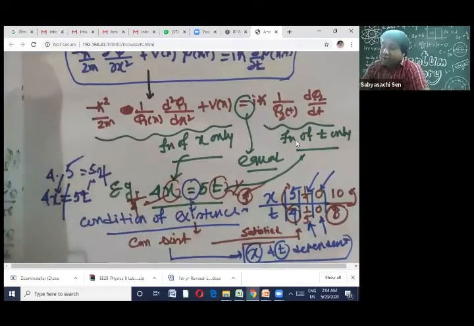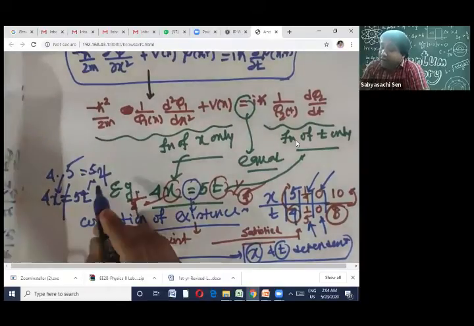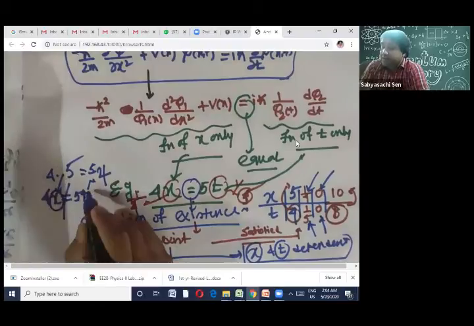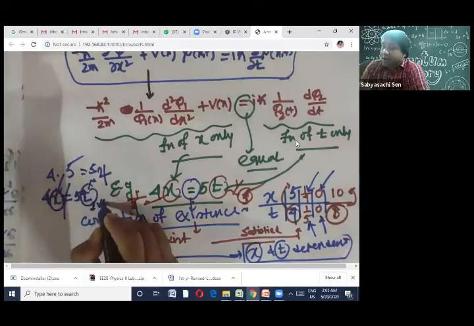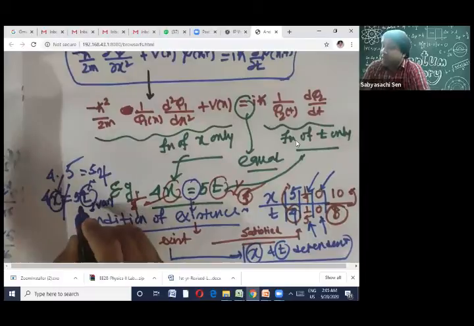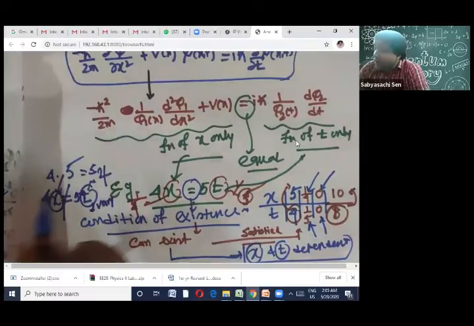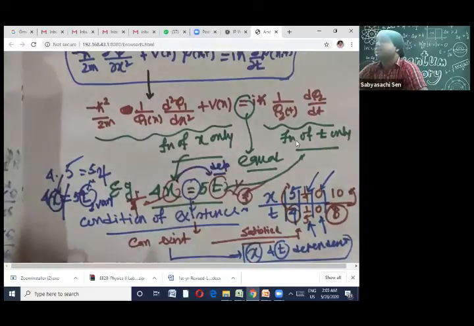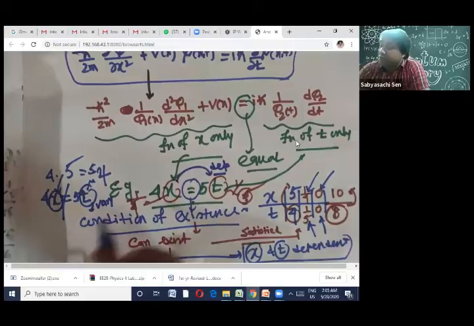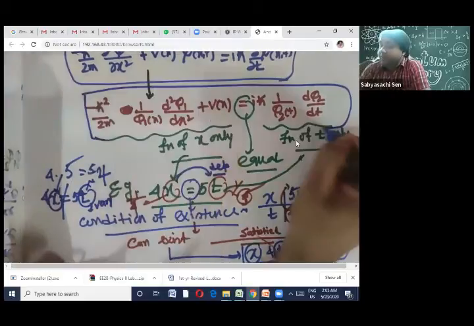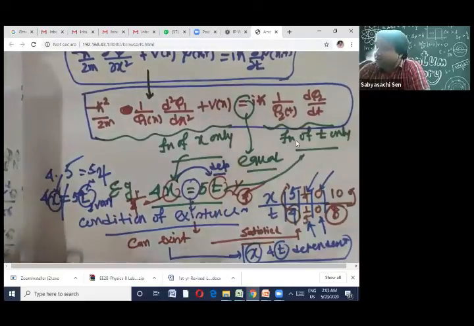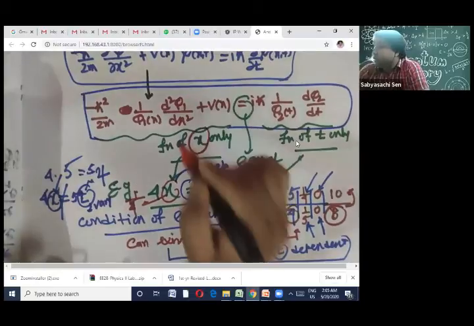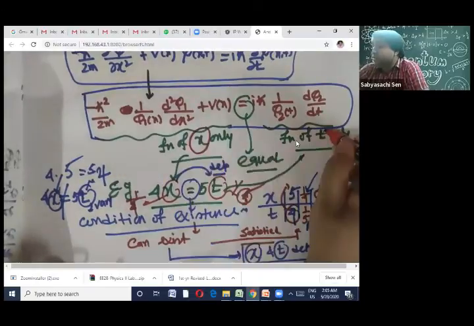So, depending on the value of one of the variables x, t has to vary, or depending on the value of t, x has to vary. You have to make x and t dependent on each other. Then and only then this equal sign will exist. So here also, in this Schrodinger equation, we anticipate this equal sign will exist. Here also, one side depends on x, the other side depends on t, very similar to the 4x equal to 5t